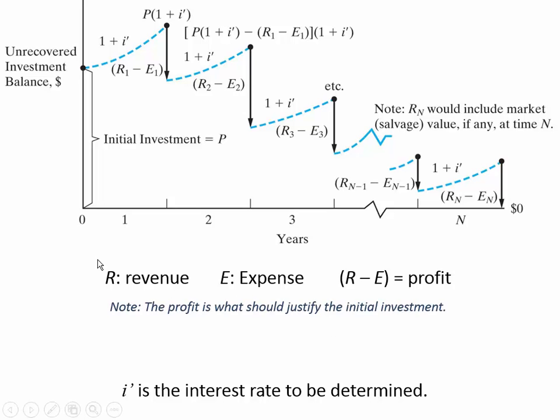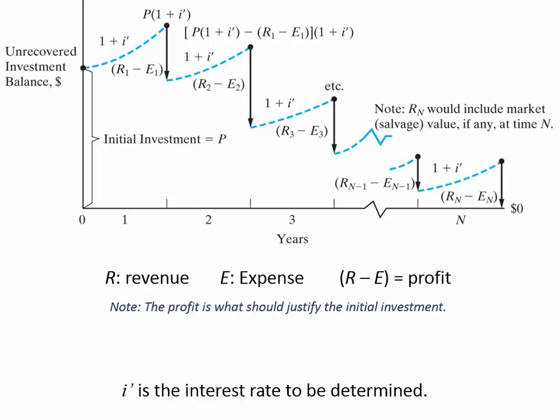So let's look at some of these labels here. R stands for revenue, and so the revenue is just the length of this line, each one of the payments. E is an expense. Now when you're operating a business, this is the net revenue, but there may be some expenses as well: the fuel, maintenance, the salary you have to pay. Over time, you're going to have costs in addition to the original one-time investment that is required to purchase the